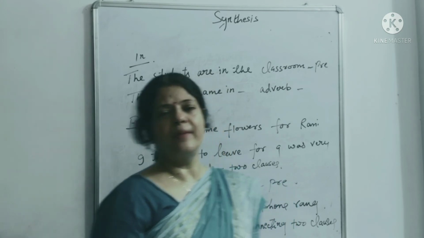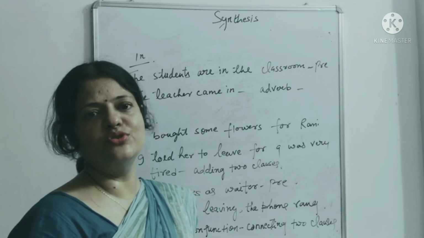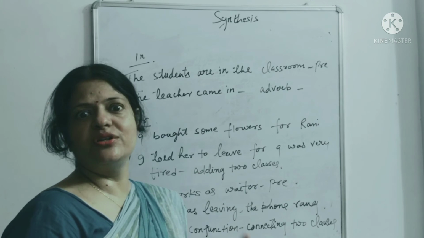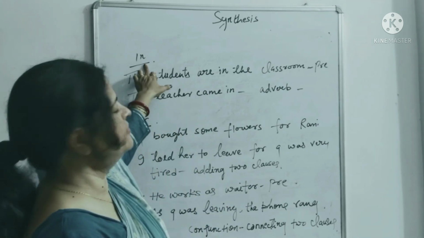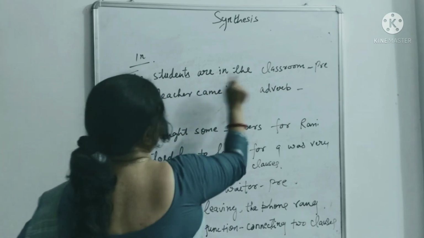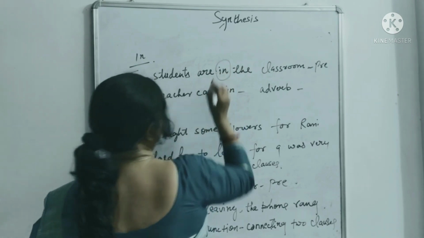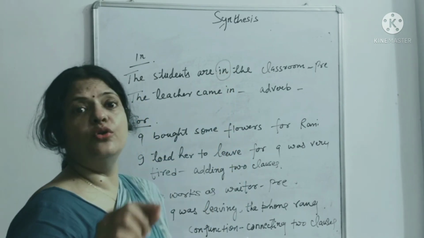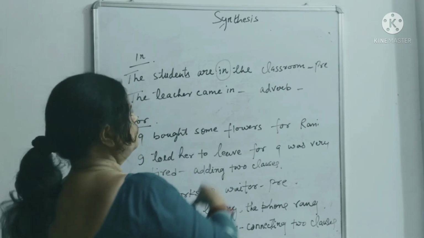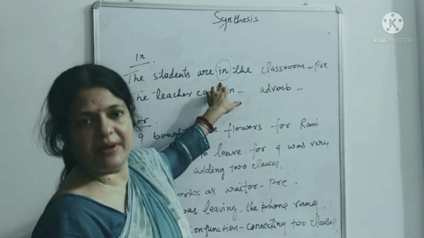अब हम देखेंगे जो preposition है उसकी जो स्थिति है, मतलब कभी वो conjunction के रूप में यूज होती है, कभी adverb के रूप में, तो कभी जो है वो preposition के रूप में यूज होती है. So if we take the word in, let's see the word in. The students are in the classroom. In this sentence we see that in is a preposition. Why is it a preposition? Because we know that it always comes before a noun or pronoun. So we see that classroom is a noun, so that is why this in is a preposition.